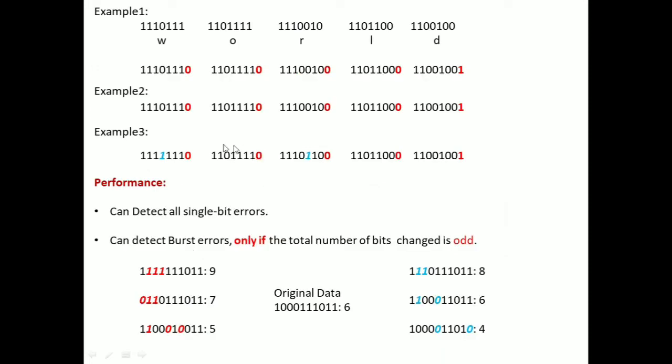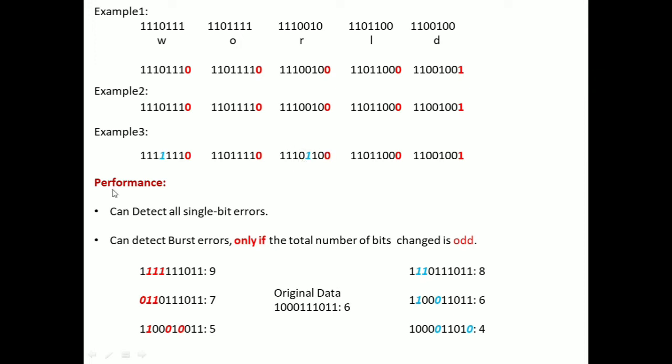So now let us check this second data unit. Total number of ones are 1, 2, 3, 4, 5, 6, even. So this will be accepted. So here 1, 2, 3, 4, 5. Actually, originally we have 1, 2, 3, 4. But here we have 5 ones. So this is not even parity. So here also it will be rejected. This will be accepted and this will be accepted. So these two blocks, this information and this information, will be rejected because the total number of ones is odd.